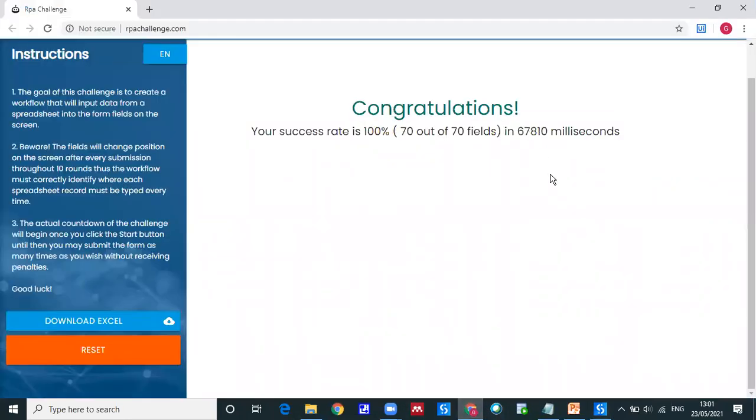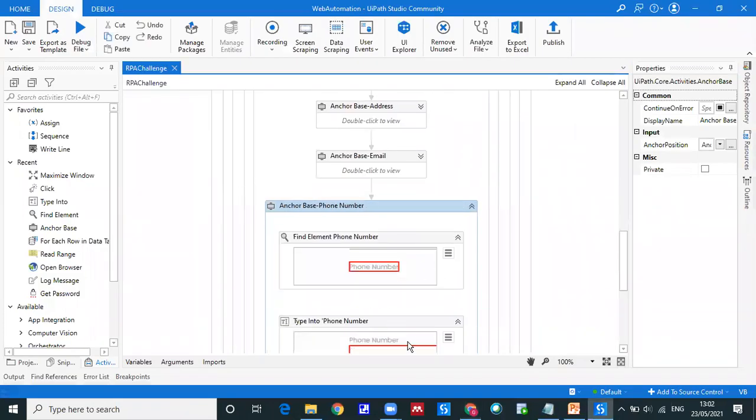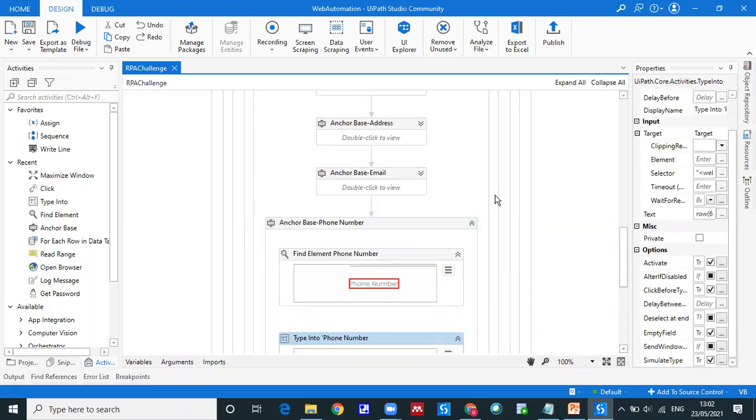Only 67 seconds it has taken. Getting this point? So this is how, and also we can improve the speed by removing some other items also, like in type into. I've used click and all, this click before typing. If you remove this empty field, it will again improve the speed.